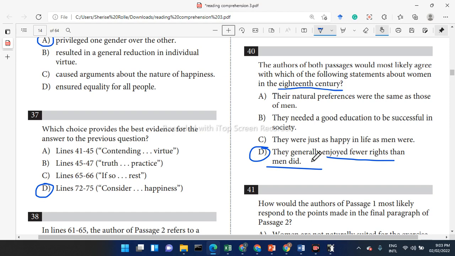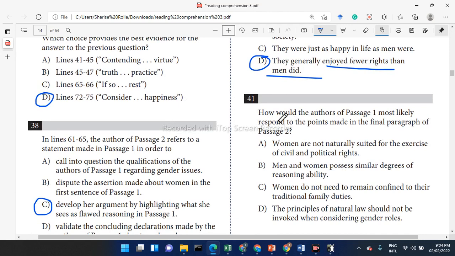This is my first time hearing something like that. I thought enjoy meant enjoy. Yeah, that's why I changed my answer to a different one, because I was like, they wouldn't really and truly enjoy it if you think about it. Not in that sense. They just mean that they had it, that this was their enjoyment. That's something they were given the privilege of, something the government decided to give them. They had fewer rights than men. It's better to say that, but that's what he meant.